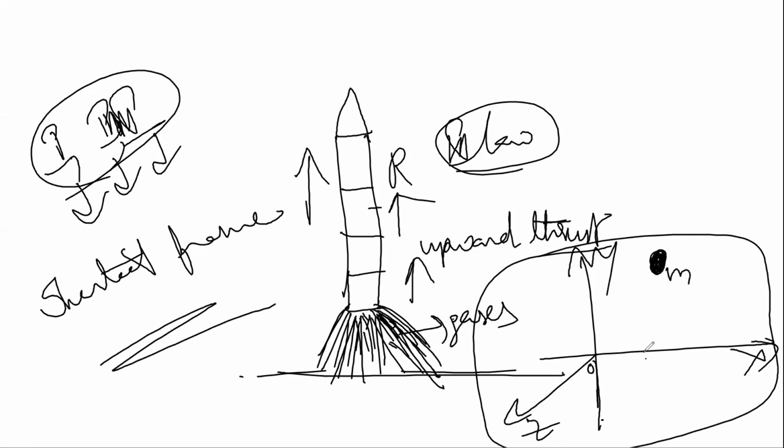This type of frame of reference is called an inertial frame of reference only when all of Newton's laws are valid in it. Then such a frame of reference is said to be an inertial frame of reference. One property of an inertial frame is that when no external force is acting on a body, the body moves with the same uniform velocity as that of the frame. This is Newton's first law itself, right?